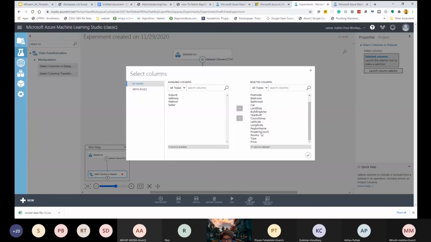Let's read. Bathroom, car, longitude, region, property, rooms, types, price. I think the whole is covered. Okay, that's great.